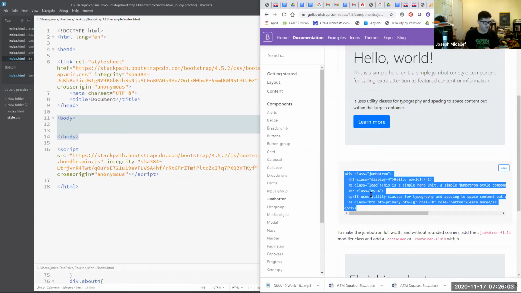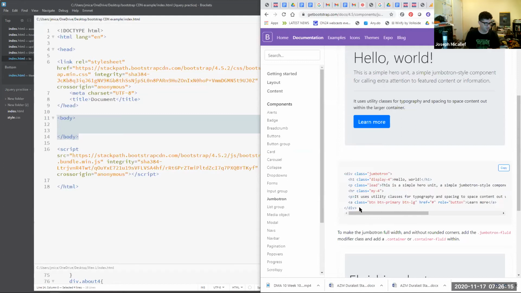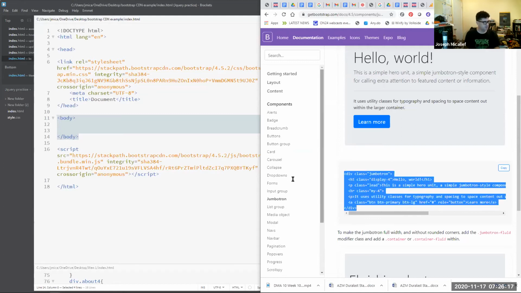And you can see some different classes. Display 4 is creating the big headline, hello world. So all this is already set because you're pointing to the CDN, which contains the code. So you don't have to worry about this. You just have to bring this code in to your web